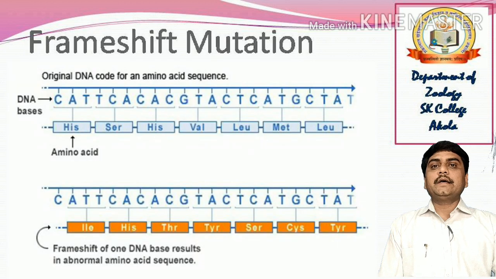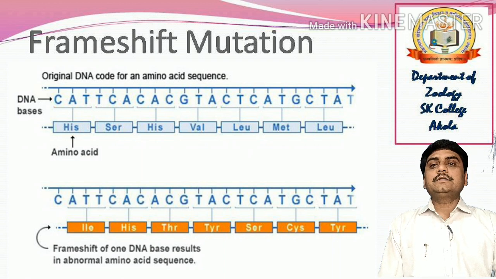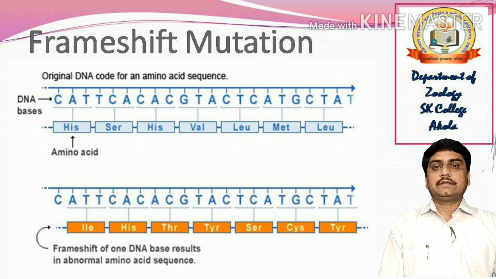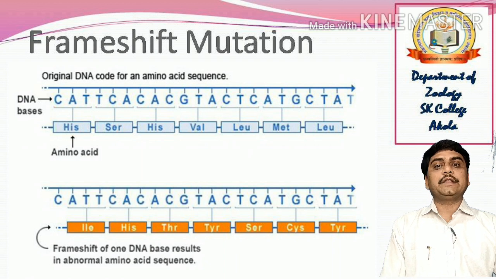The mutation caused by the addition or deletion of a base pair or base pairs in the DNA of a gene, resulting in the translation of the genetic code in an unnatural reading frame from the position of the mutation to the end of the gene, is a frame shift mutation. Inserting or deleting one or more nucleotides, as we have already discussed, changes the reading frame, that is, changing a sentence. It builds proteins incorrectly. There will be addition of a new letter, that is a base, in the DNA sequence. There may be a deletion of a letter in the DNA. Both of these shift the DNA reading.